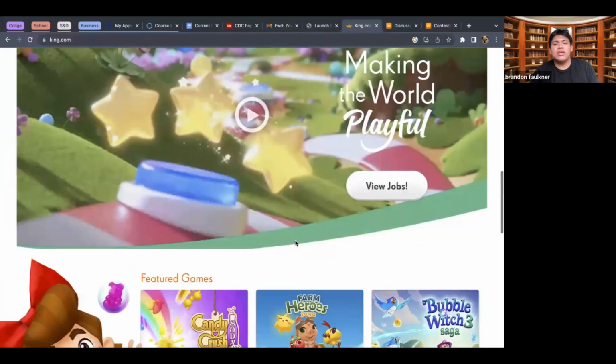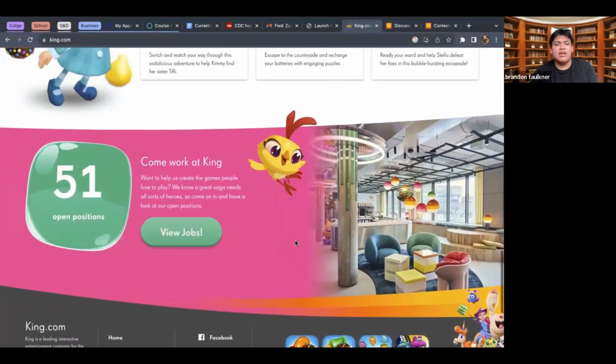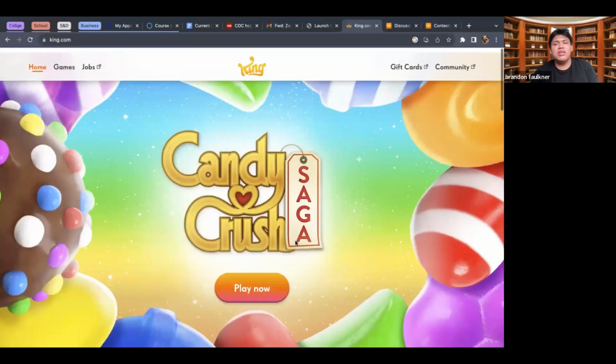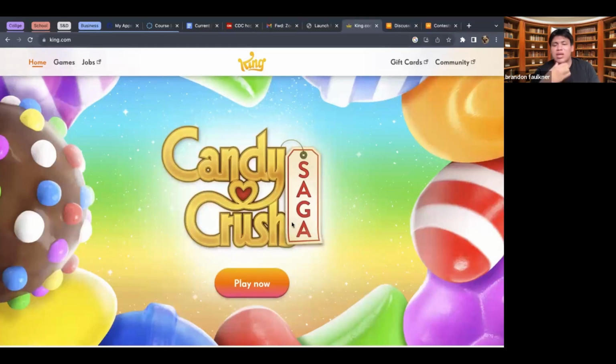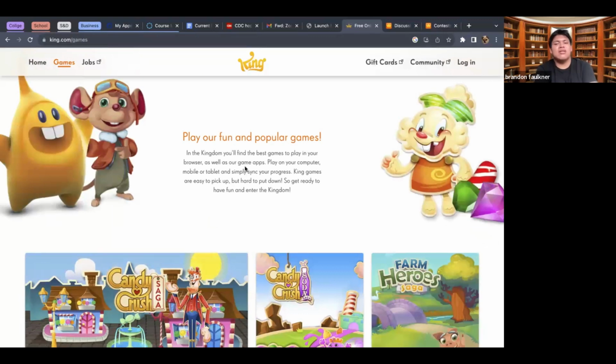So there are also ways you can work at Candy Crush if that is to your liking, but mainly people just play the game to enjoy the game and to have fun. The game doesn't necessarily use a lot of your time or a lot of your resources. It could be something fun that you do in the airport whenever you go on a trip, or it could be something fun to challenge your friends and family with to see who gets the highest level at a certain point in the week. I know that I have played this game just for fun, just because I'm bored. And it's really just something that is fun to play.